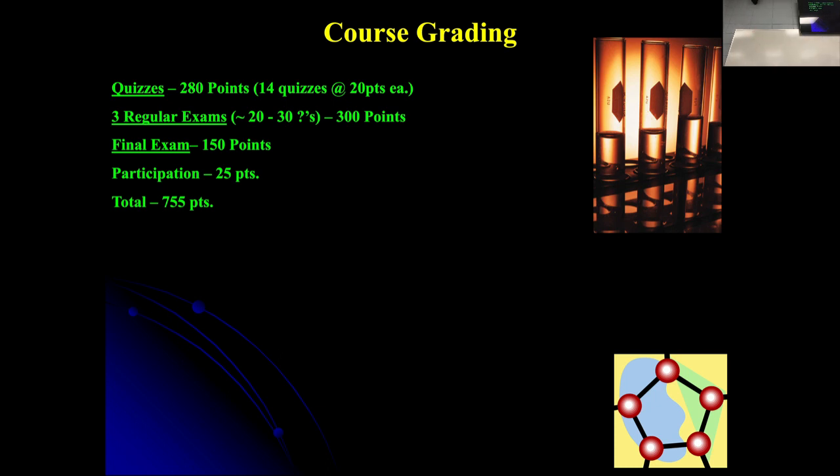What does that mean for you? That means it is never, until the final, mathematically impossible for you to do better in this class. If it's at midterm and you've got a grade that you're not happy with, you can do better. There is opportunity for you to do better and to do the final well and to get a better grade. It is never impossible until you turn in that final for you to do a better grade in this class, okay? There will also be 25 points dedicated to participation, working in groups, that kind of thing.